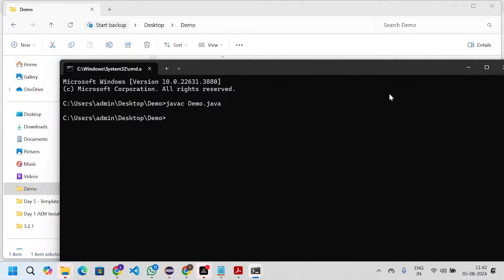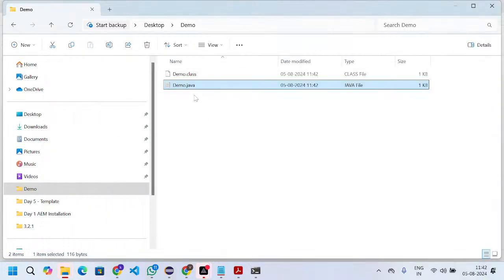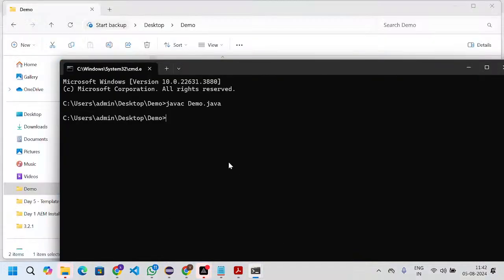If I compile, then you see here it is generated by the compiler, and then we need to execute. For execution you can mention java and then Demo, the hello program.